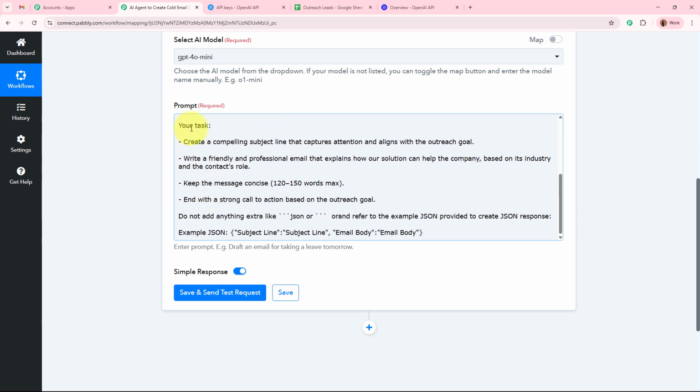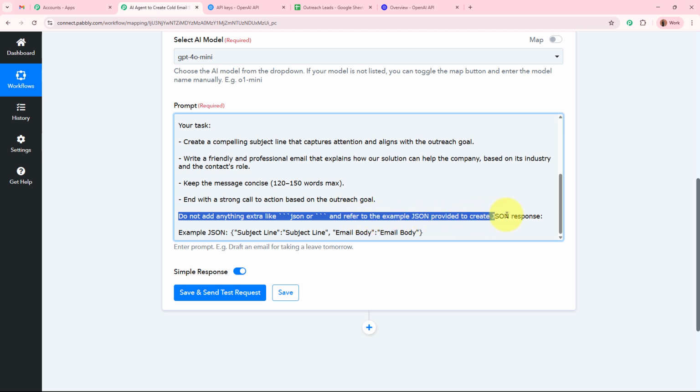Your task is to create a compelling subject line that captures attention and aligns with the outreach goal. Write a friendly, professional email that explains our solution can help the company based on the industry and the contact role. Keep the message concise, 120 to 150 words max, with a strong call to action based on the outreach goal. Do not add anything extra like JSON, and refer to the example JSON provided to create the JSON